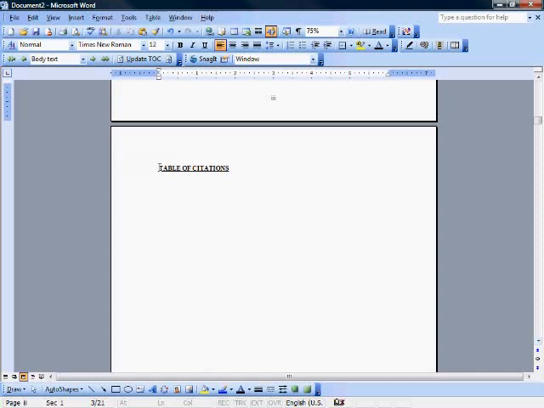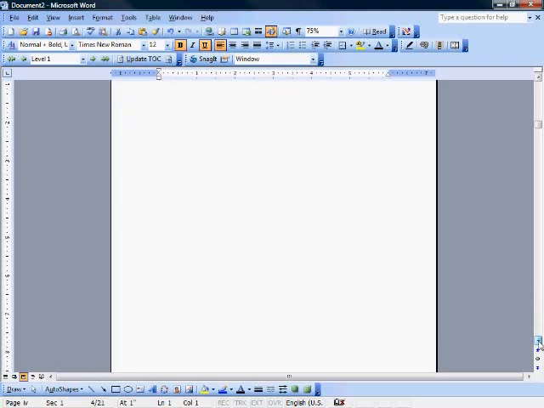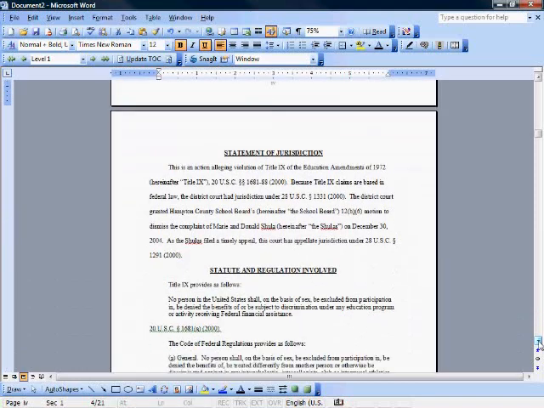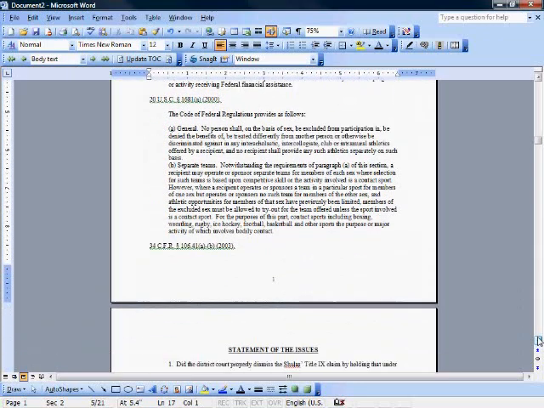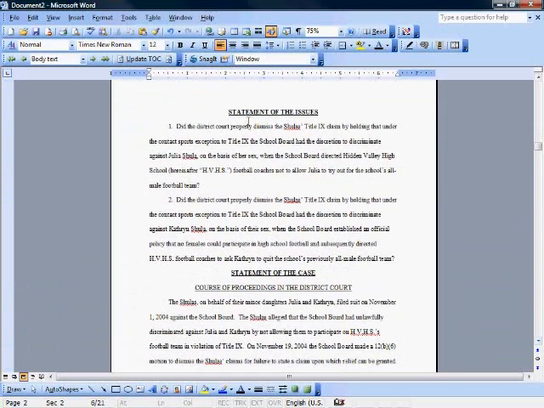The first one that we come across is Table of Citations. Now it would be a level 1, because it's all the way up against the left side and it's not a subset of something else. If it were a subset of something else, it would fall under a level 2 or level 3. Here, Statement of Jurisdiction is also a level 1. We mark it. Statute and regulation involved, also level 1. We're going to systematically go through the document and do all of these. Again, Statement of the Issues, level 1. Statement of the Case,